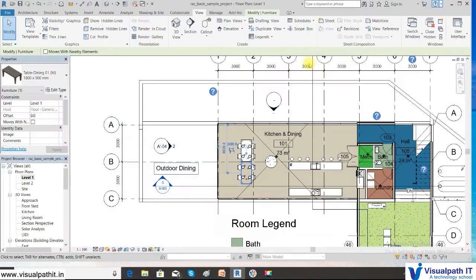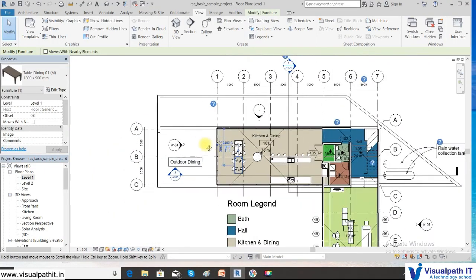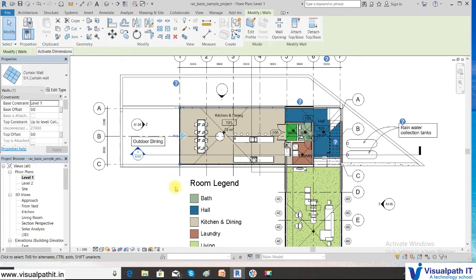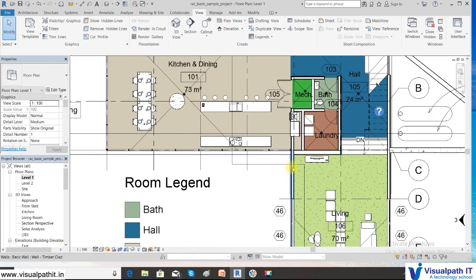So now you can see that here we don't have the options bar now. This is the option of the furniture. Suppose I take a wall, select a wall. So it's saying modify walls, only one option is generated. Now let us select some other options.